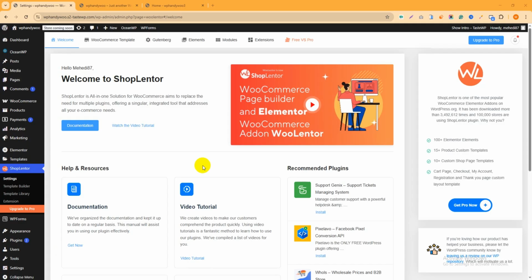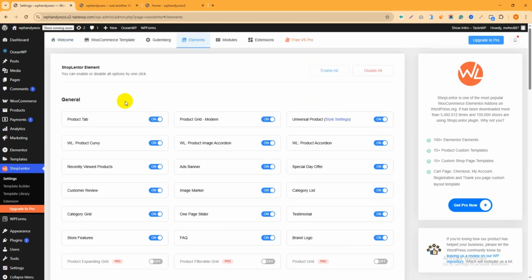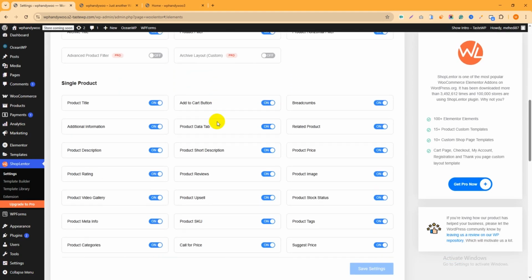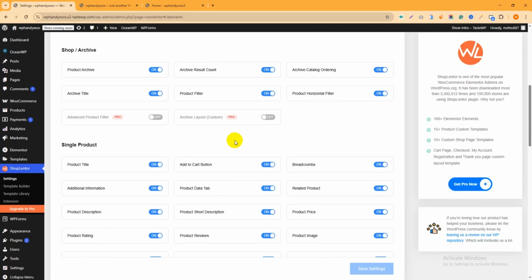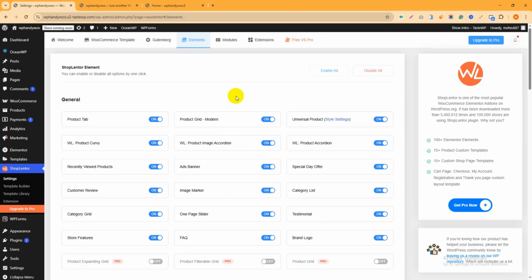This is the Elementor settings panel and you can see it has lots of settings tabs actually. Welcome, then the WooCommerce template, Gutenberg elements, module and extension. In this tutorial I want to add a product slider, that's why we only have to work with this tab. This is the elements, just click over here, then you can see lots of elements are here. Most of them are pro, you can see, and some of them are free. In this tutorial I am going to use only the free version, that's why I have to use the free widget. Okay, and you can see this is the universal product style settings and I want to use only